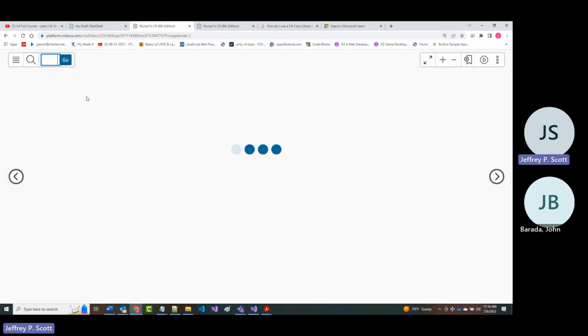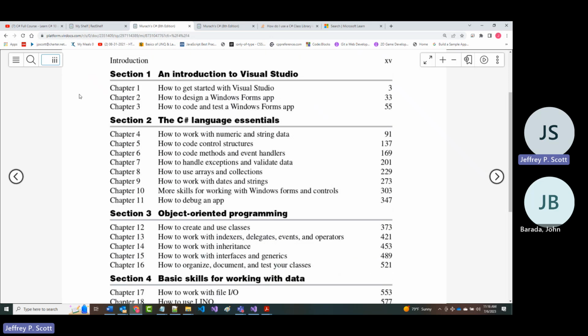I think you may or may not agree with this, but I think we've done a pretty good job of going over the first 12 chapters in this book. Again, you may agree, you may disagree. I skipped chapter 13 because I don't think with the stuff that we're doing in this class, we're ever going to work with indexers and delegates, etc. So I may go over it again. I don't know. But for now, at least I skipped it.